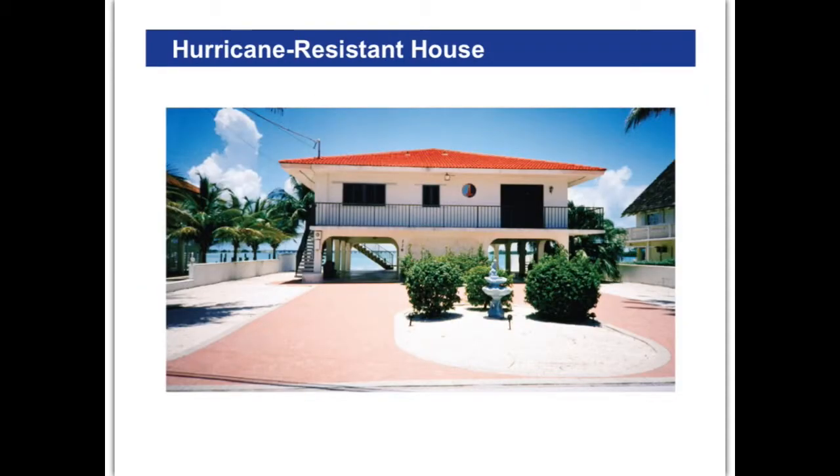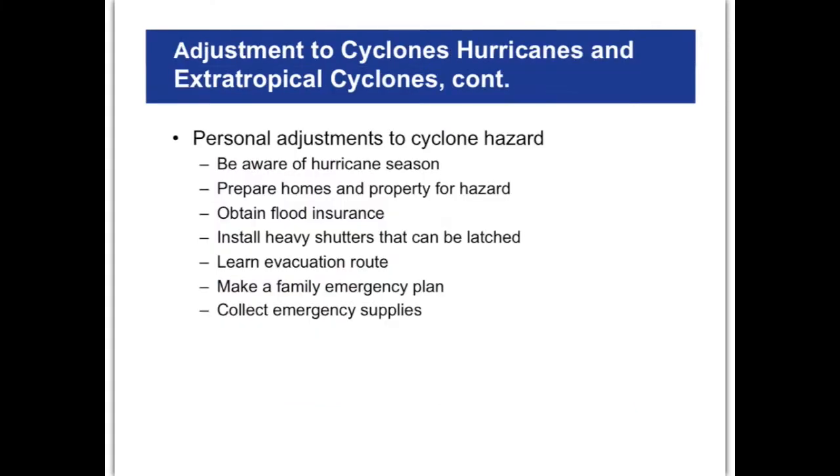All right, here's a great example. I mean, look at this house right here. It looks like it's built out of concrete. It doesn't have asphalt shingles. No, it has tile shingles right here. It looks sturdy, and even the underneath of it is such where water can flow through and it won't affect the house. So that's a great design for a coastal house that is going to be hurricane resistant.